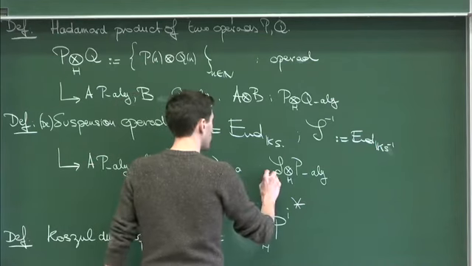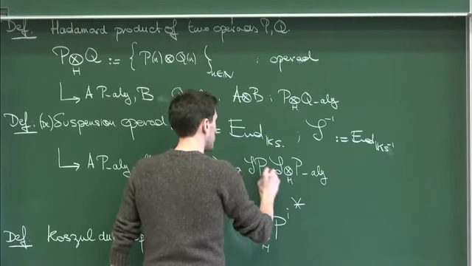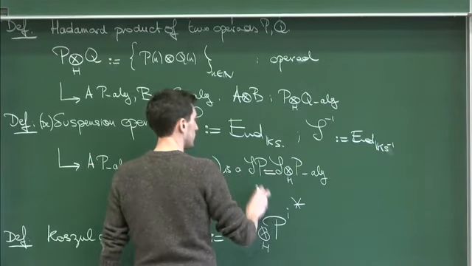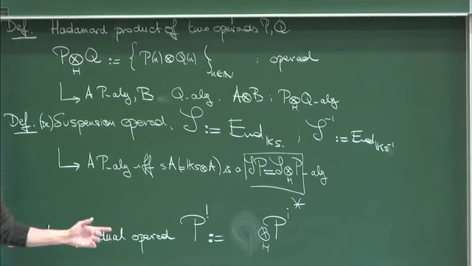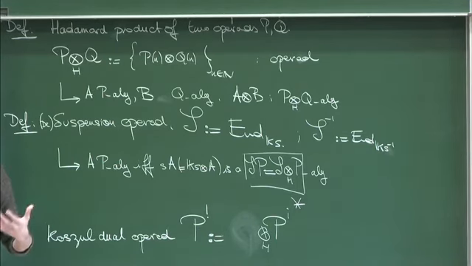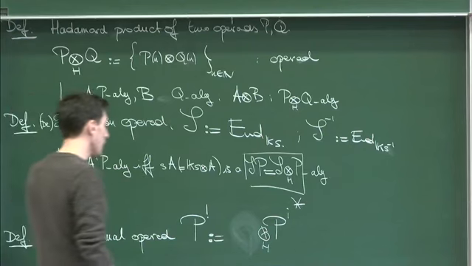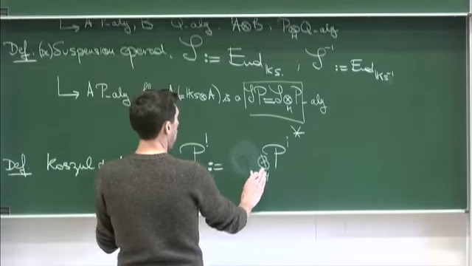So this is what we are going to call the suspension of P. Okay, so the suspension of P, the suspension of the operad, is exactly the Hadamard product with that suspension operad. That's a coherent way of suspending operads. Okay. So now,